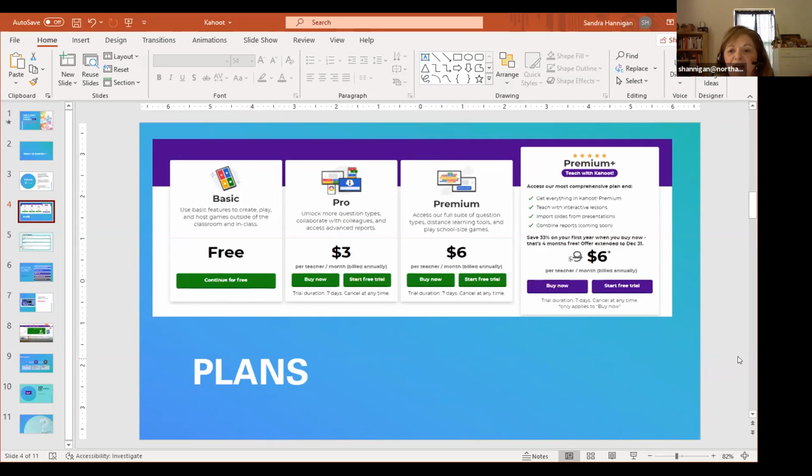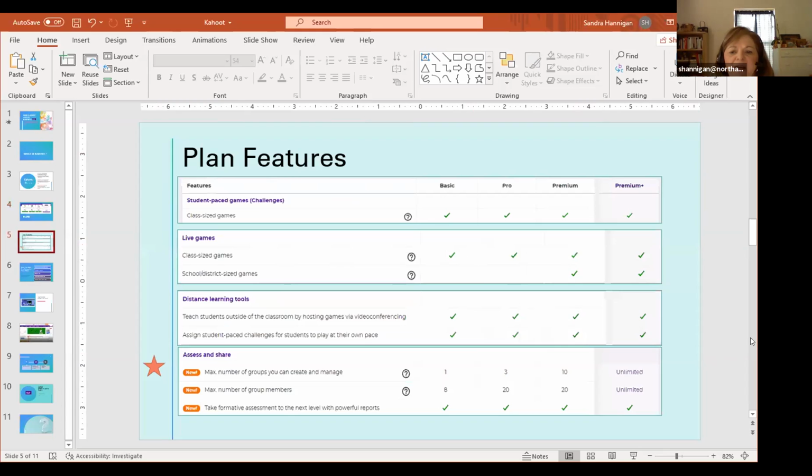So if anyone at the colleges is planning on getting an account for the institution, to use institutionally, you probably would want to look at that. And when you go to Kahoot.com, you're going to see all the different accounts and what each one of them represents. I kind of broke it down because I wanted you to see the differences